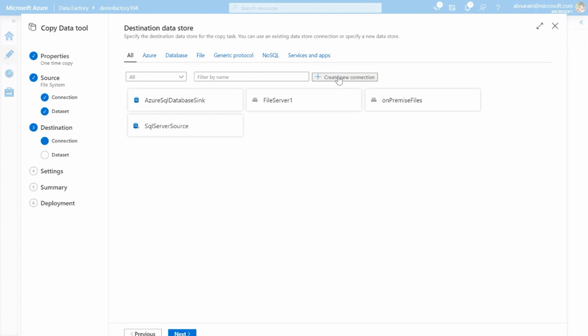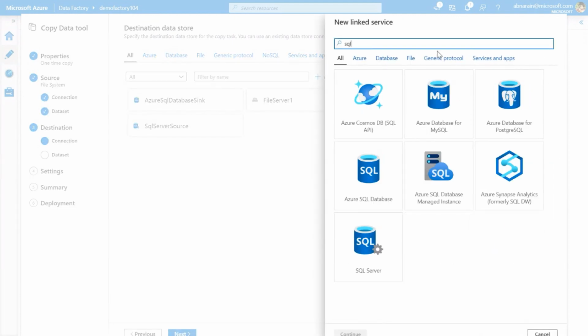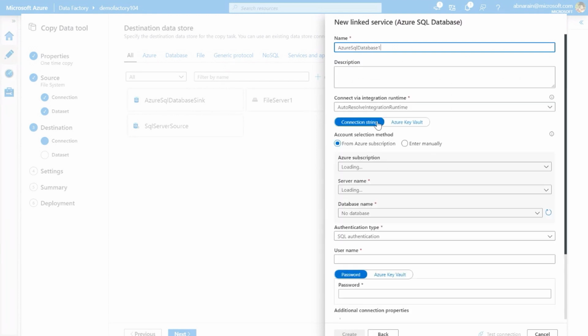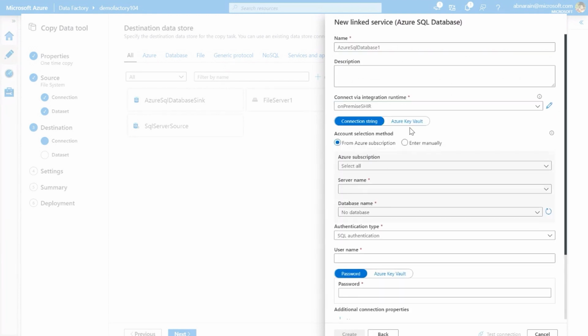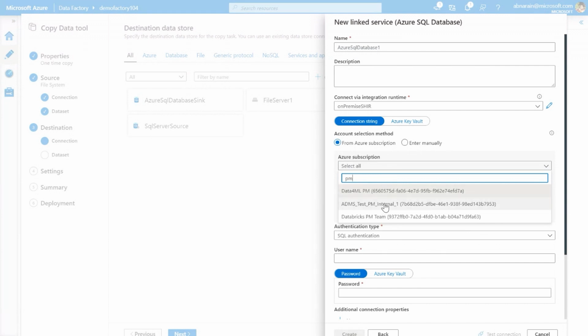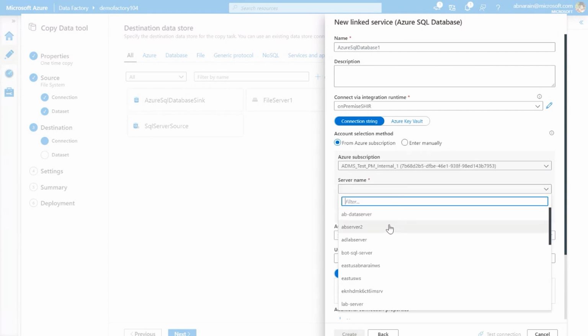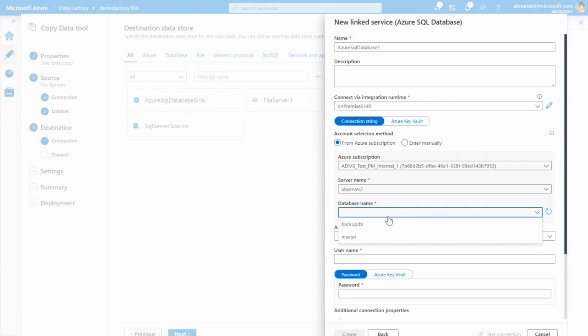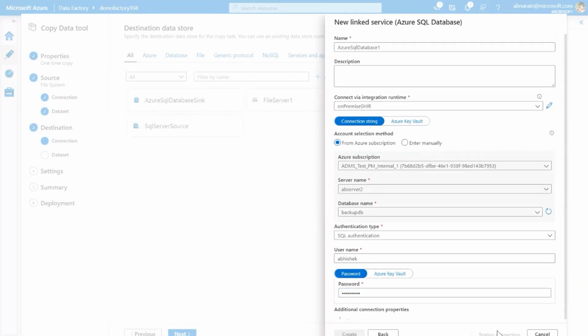And in this case, let's go ahead and select a SQL database. And I'm going to use the Azure SQL database to load this data into. And I'm going to select the same on-premise IR, which is going to access this particular Azure SQL database. Go ahead, select some subscriptions, server name, and the database, and hit the test connection button again. So this is again validating the connection with the Azure SQL DB, and it says it's successful. I'm just going to click on this create button. It's going to save the connections.